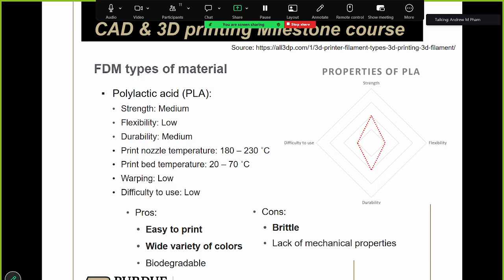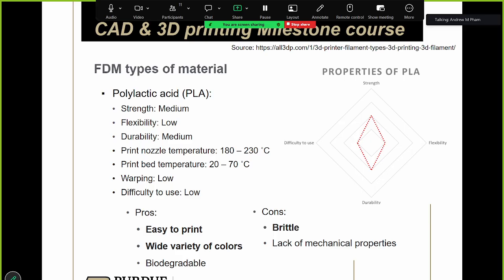Okay, so the first one we're going to talk about is polylactic acid, which is short for PLA. If you've been around 3D printers, I think it's pretty likely that you've heard of this material. The main thing about it is that it's very cheap, partially because so many different companies make different PLAs. You have many different colors available, and it's very easy to print. In terms of strength, it's not the strongest material, but it's very easy to print, and it holds up to most things